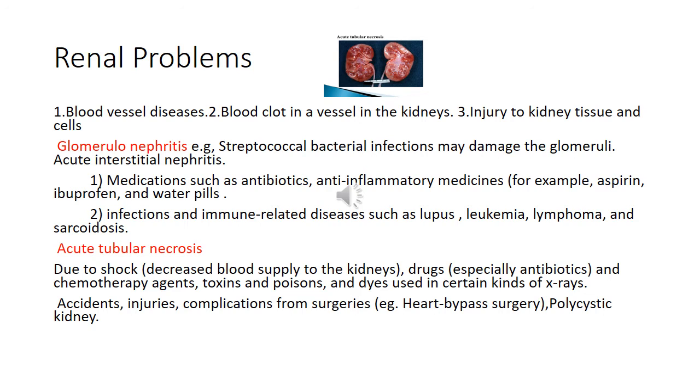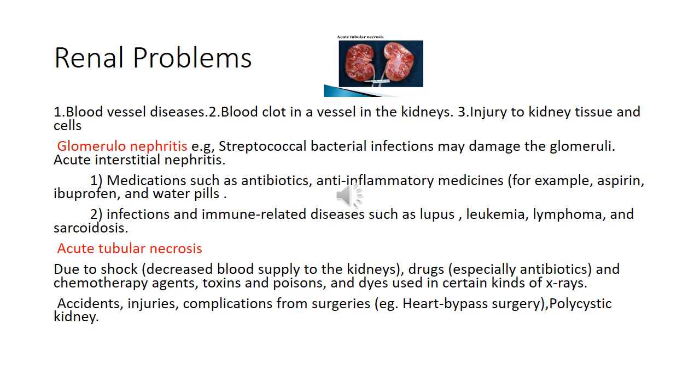This is mainly due to infections like streptococcal bacteria, which may damage the glomeruli. This is an acute interstitial nephritis. Some medications, like antibiotics, anti-inflammatory medications like aspirin and ibuprofen, and water pills, that is diuretics, can be passed through the glomeruli only. So that's why there is a possibility of damage to the nephritis. And other than this, severe infection and immune-related diseases such as lupus, systemic lupus erythematosus, leukemia and lymphomas,